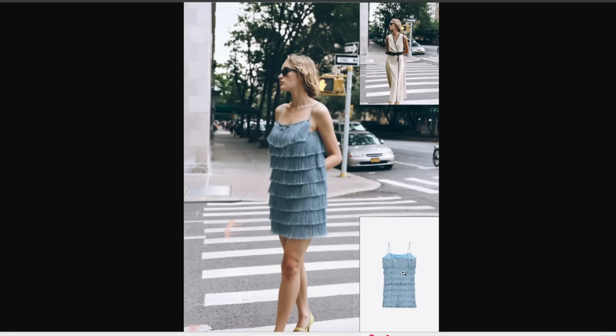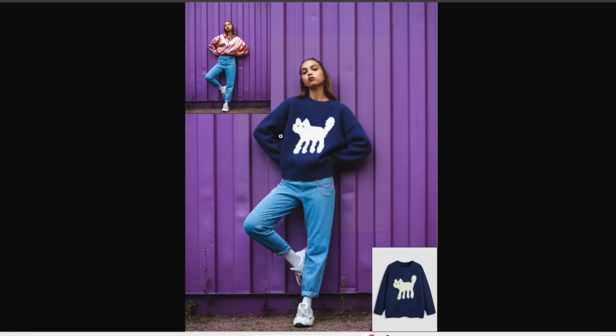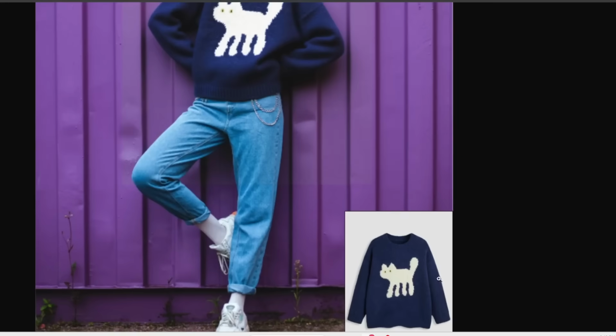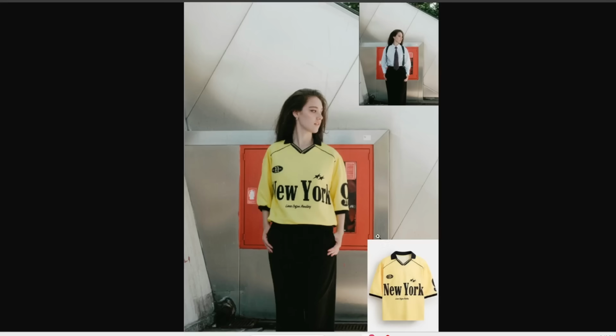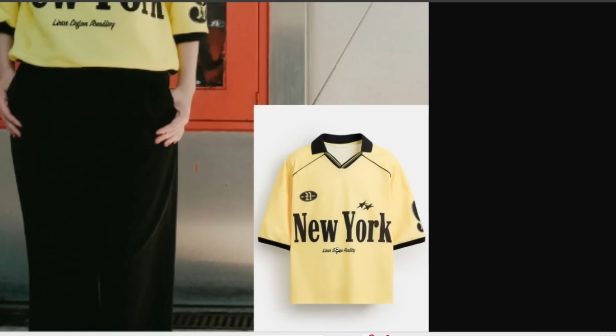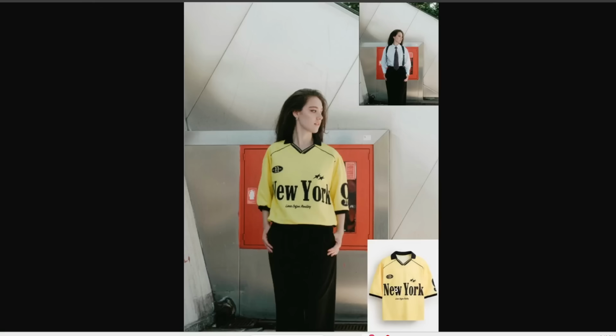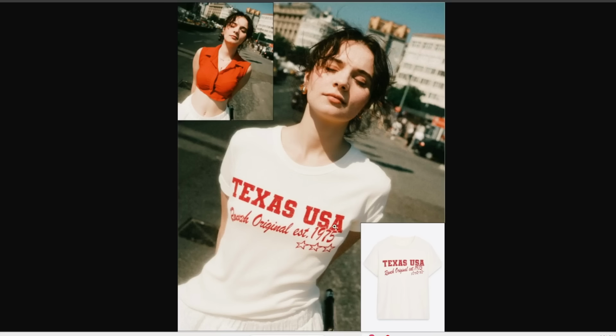Here's another example. You can upload this photo of a woman and get her to wear this dress, and here is what you get. Or here's another example. Notice the shirt here looks exactly the same as the reference photo. Here's an even trickier example, but this does say New York and 9 like this reference photo. So it's really good at actually capturing and transferring the pattern or design. Here's another tricky example with text in the shirt, but for most of the text, it's able to get it